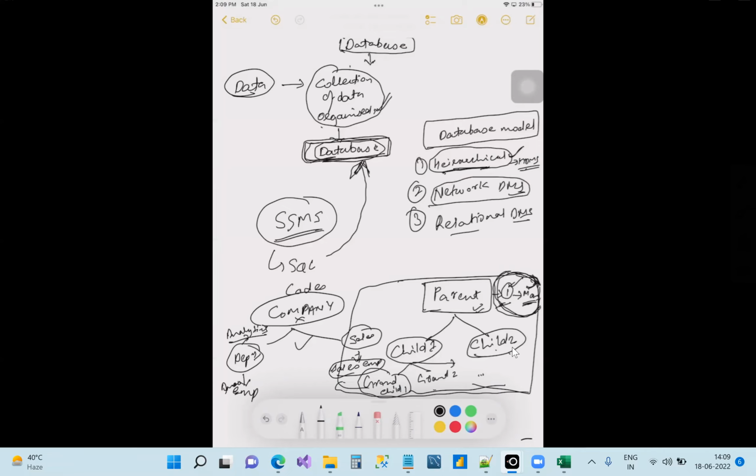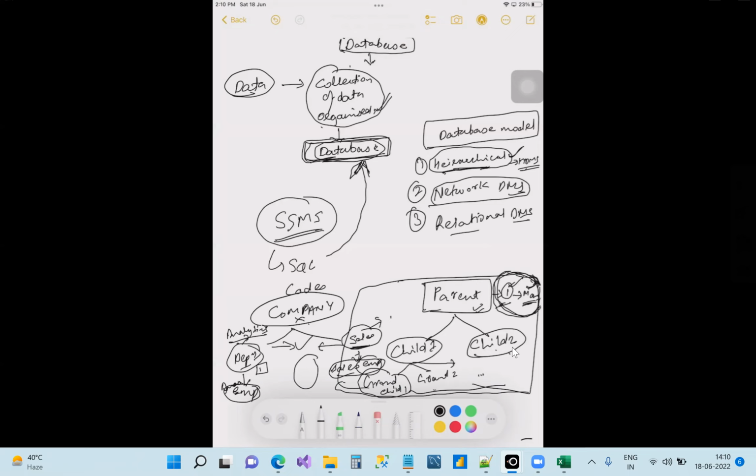In this, we started building networks. What do we mean by network? Suppose this is a company, and there is department 1 and department 2, like analytics and sales. When you start building a network between these two, that is a network. Suppose there is a common table for employees in both, but whatever columns are related only to analytics will be in analytics, and whatever columns are related only to sales will be in sales. So that is building a network.